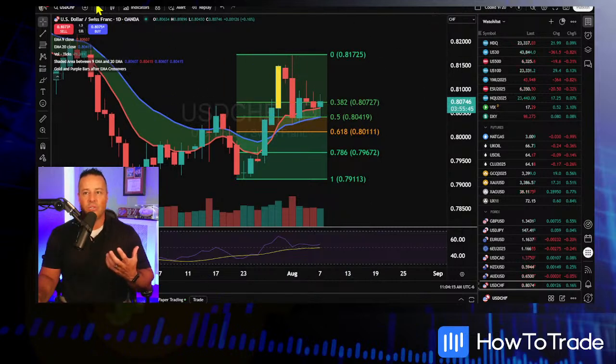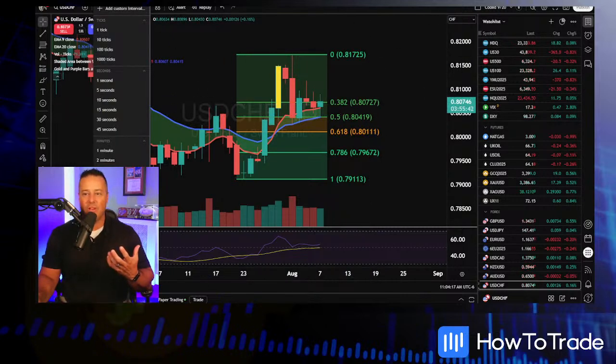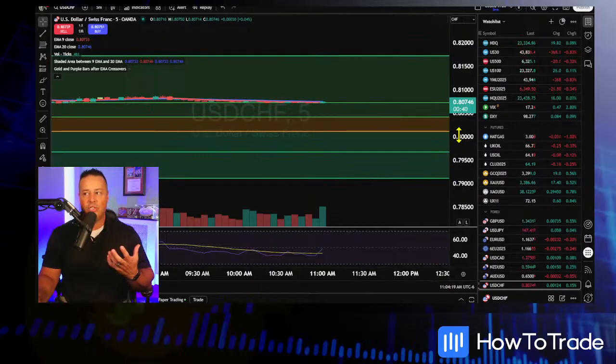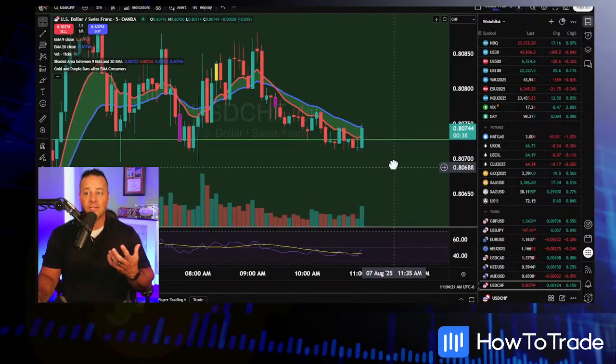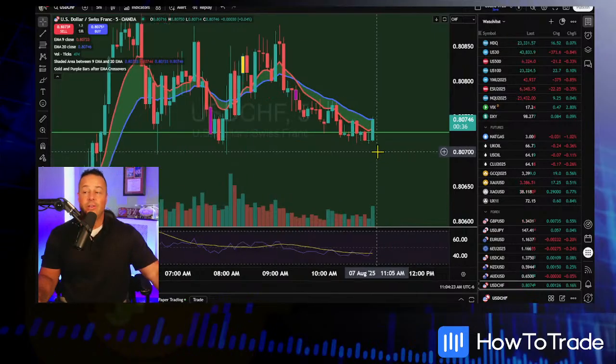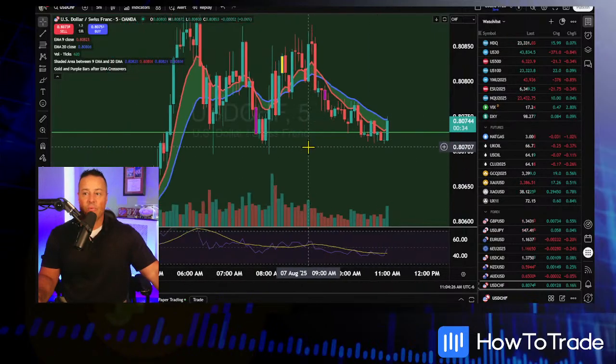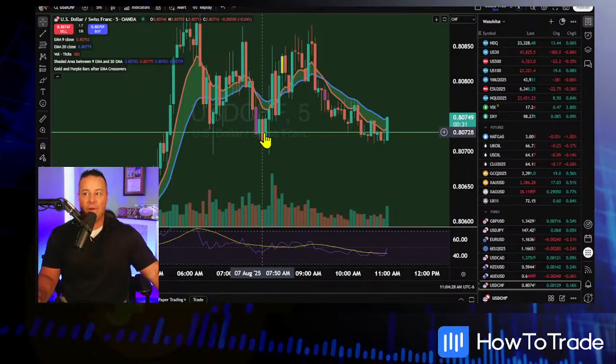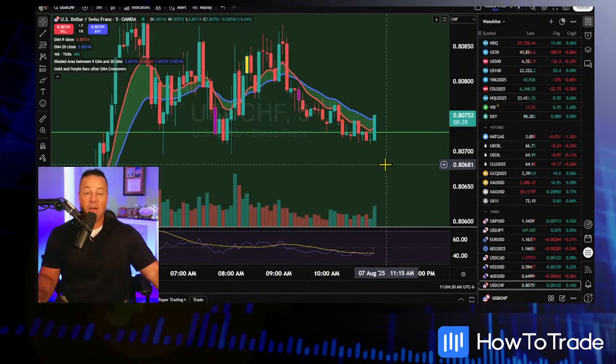So if the question was put to me, Shane, is this thing going to keep rolling? Is it going to move higher? What's going to happen? I genuinely don't know, and nobody does. But I will tell you what I do know. Anytime you see compression around a key level like that 38% zone and you're above it, you got to feel pretty good.